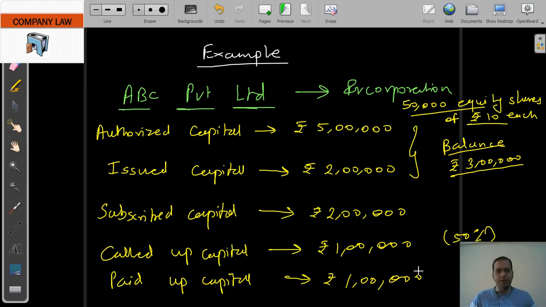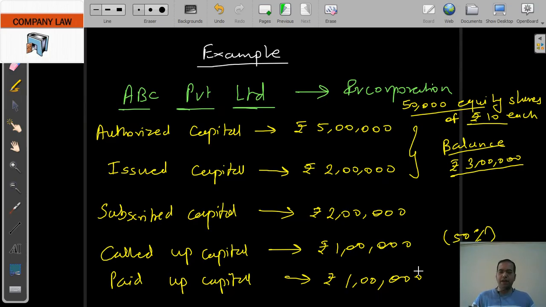Accordingly, the companies will have to ensure that at no point of time the issued capital is more than the authorized capital. So now a company is going for 2 lakh rupees of issued share capital, and if the company wants to go further for 5 lakh rupees more, it cannot, because the issued capital would become 7 lakh rupees, but my authorized capital is not permitting. So the company will have to first alter the memorandum of association, and only then can it issue further.